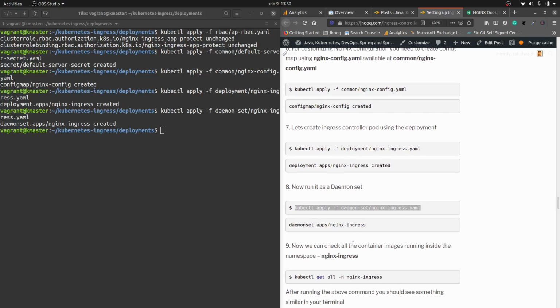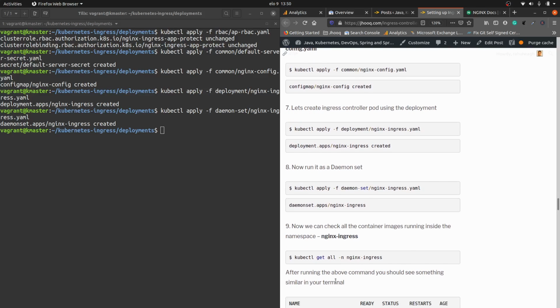The next step, which is the last step, is where we are going to check our namespace, because all the commands which we are running throughout this session are available under the namespace nginx ingress. This is the command where we check all the container images running under the namespace nginx ingress. This is the namespace we have created for nginx ingress. I'm copying this command,